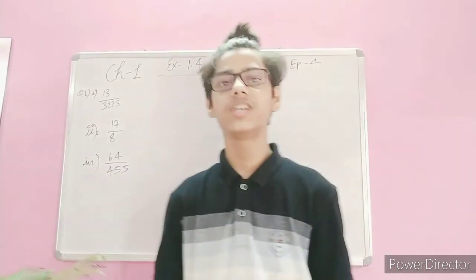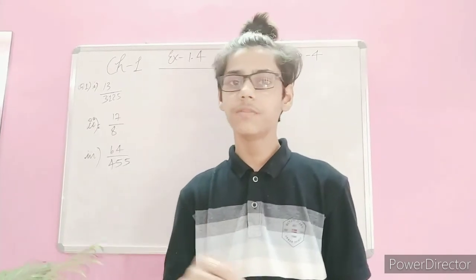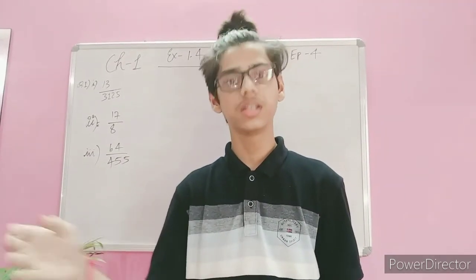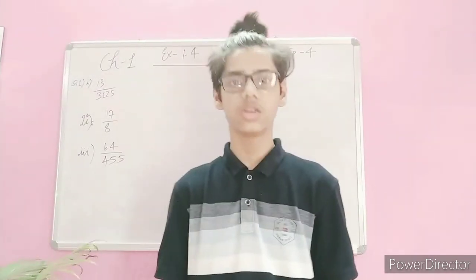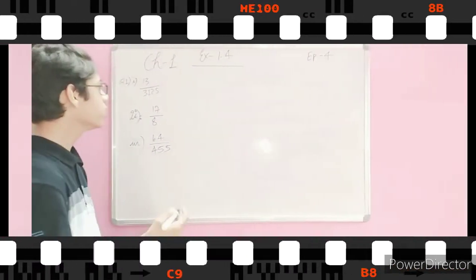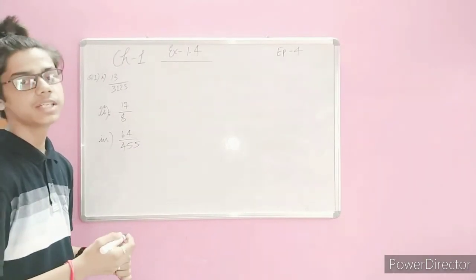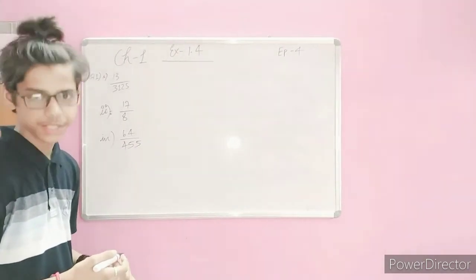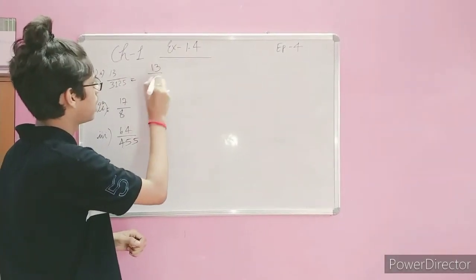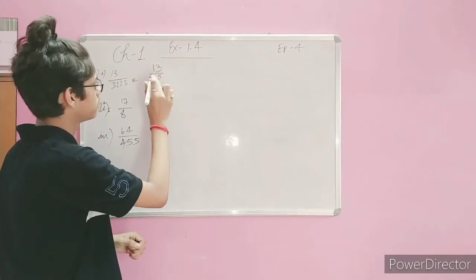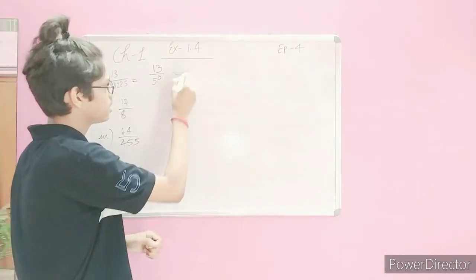And one more case is there, non-terminating recurring or non-terminating repeating. In this, the number will not terminate, the decimal expansion will move further, and the same numbers keep repeating in the decimal expansion. Then it is non-terminating and recurring. So in the first question, we have to state whether it is terminating, non-terminating or non-terminating repeating. We have 13 upon 5 to the power 5. So it is terminating.